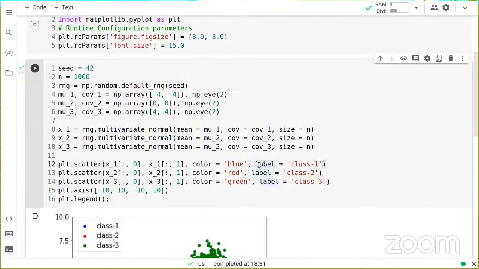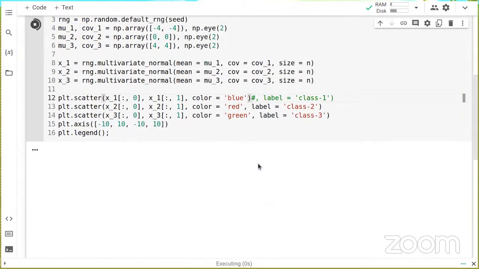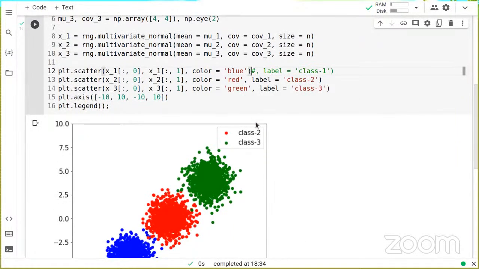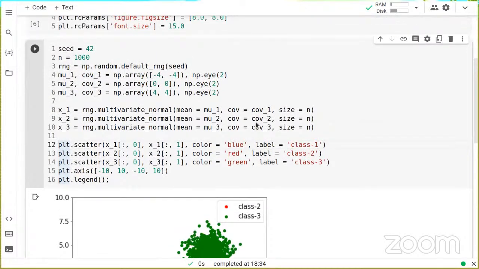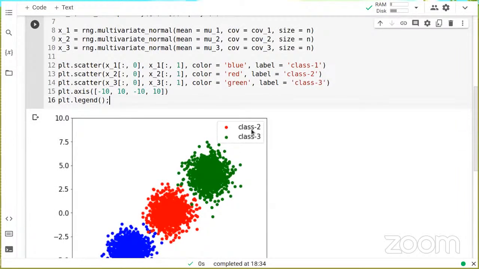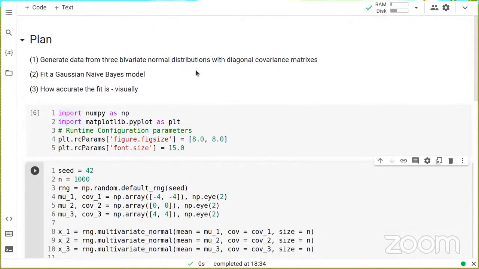So for example, if I remove the label from this particular call, what will happen is the class 1 will not get displayed, right? A general suggestion is, whenever you call a method or an API from a particular library, try to be very clear why you are having each parameter, right? So here I know I am adding a mean, and without the mean, it's not going to work. That might be very useful later on. Okay, sir. Right. Okay. So we are done with this part.